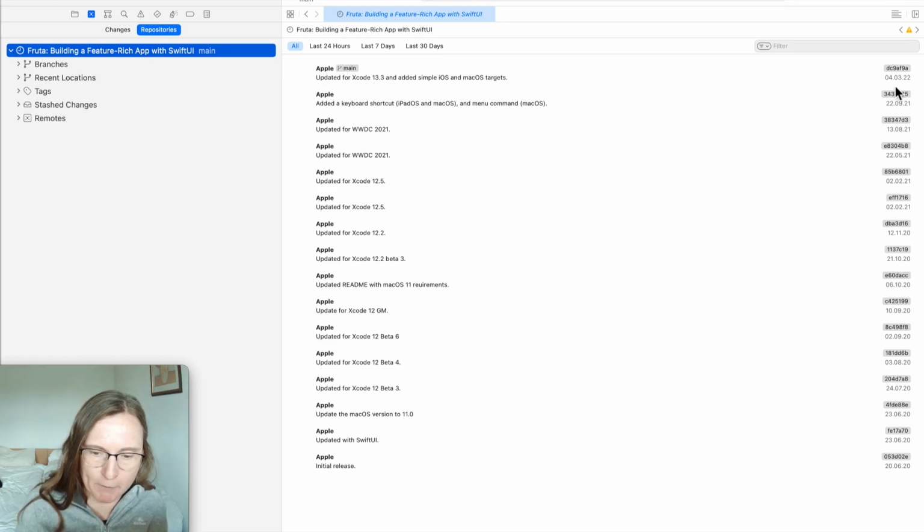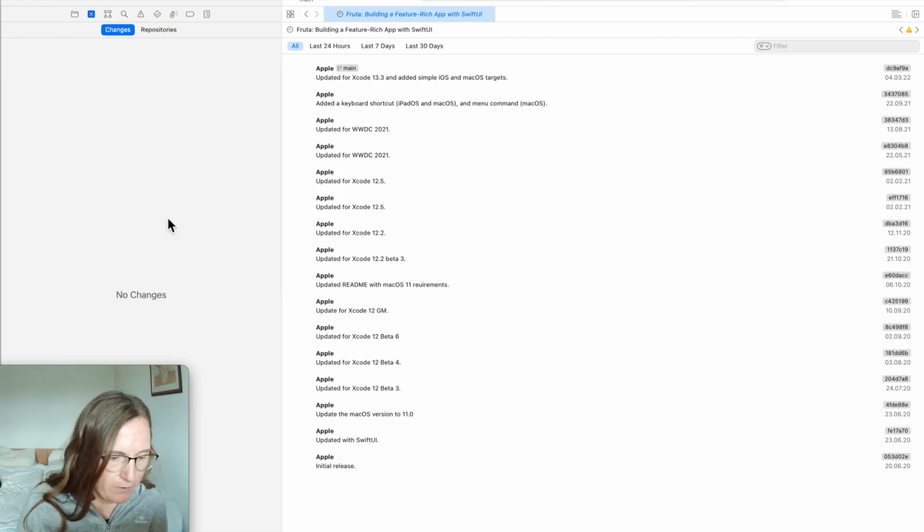Somebody committed something, somebody added some code on, for example, the 4th of March 2022. Here you can see updates for WWDC and updates for Xcode 12.5. So this is basically the history of what they added to this code base. And when I say add, it means you can have some changes in